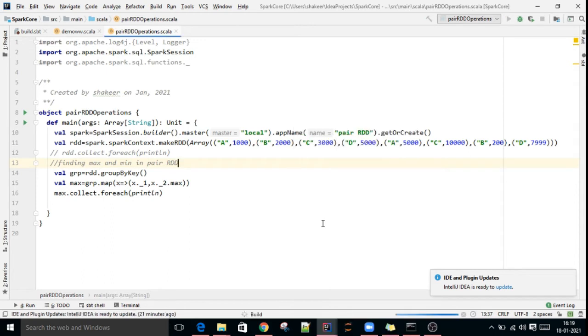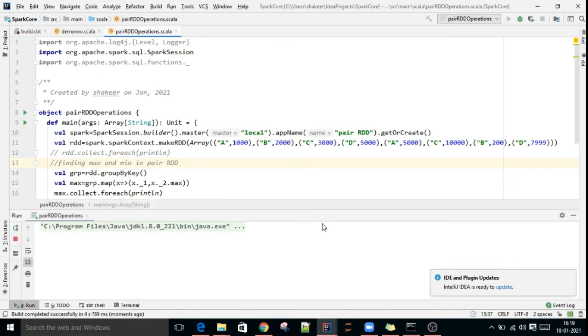If we execute it, it will print the maximum value for each key of the pair RDD.